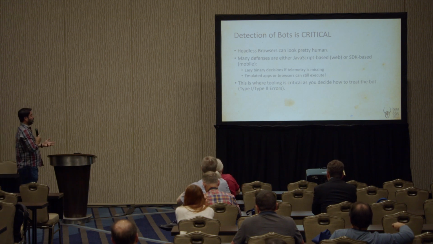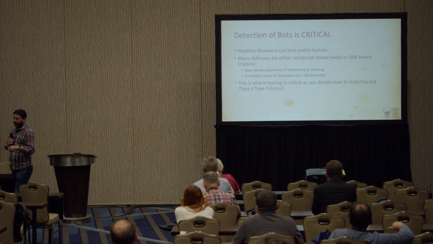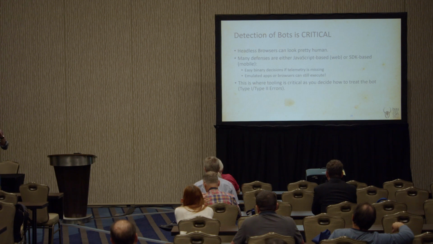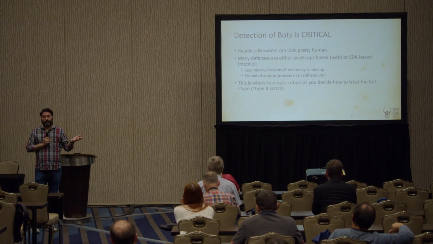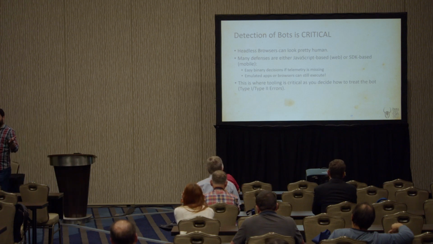So there are some easy binary options. Most of these things are JavaScript-based, and they send telemetry. So they'll do things like run some math problems, and based on the timing and the way that it answers, they'll be able to fingerprint the browser or the machine or both. So if the telemetry is missing, that's a pretty easy clue that this is not actually a human doing this, or they have JavaScript turned off, which I don't even know how you browse the web these days with JavaScript turned off. Everybody's got JavaScript on their sites. It's unusable.